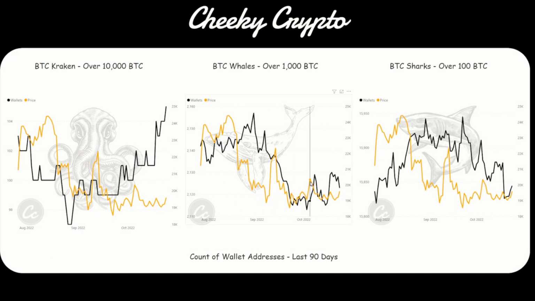But the main takeaway is that the whales are actually dumping into this pump to the upside. So what's going to be interesting here is whether or not all they're doing is transferring into cold storage and they are the Krakens. But for now, I'm not confident that the market's going to be going long for a while. I think essentially there's going to be some liquidity that gets grabbed, and you'll see these guys maybe dump on the market and then buy up and then dump again.